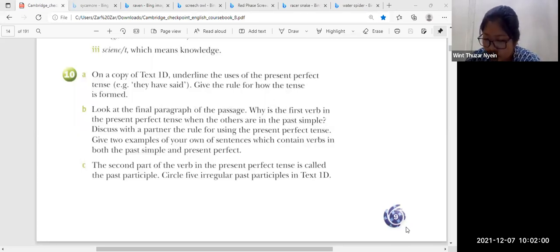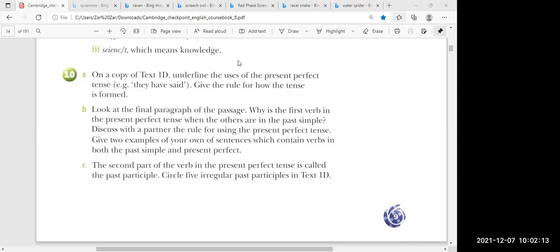Can you explain to me how the first one, the raven, turned black? It turned black when